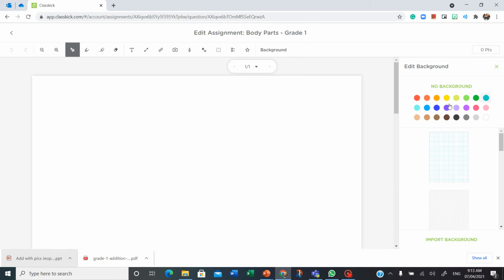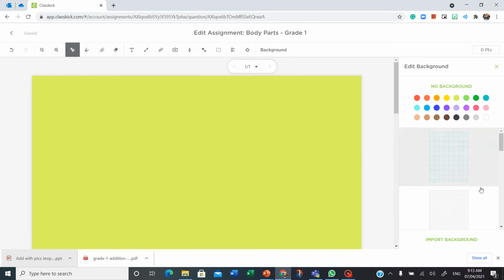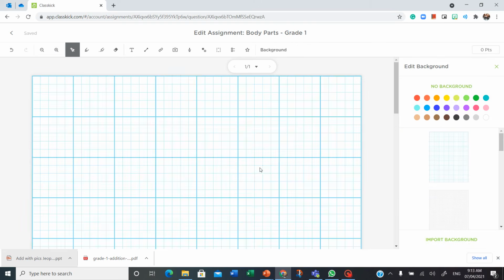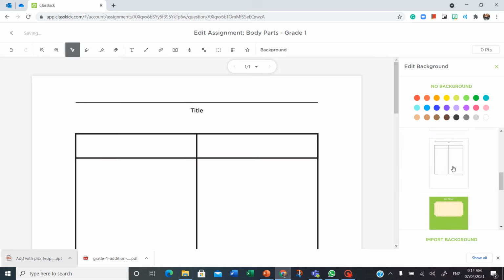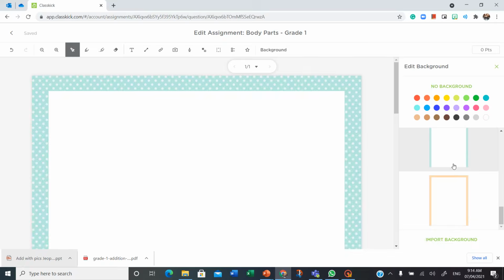You can add a background if you want. You can choose the box for maths. If the assignment is a math assignment, you can use this grid option, or blank. If you want a Venn diagram, you can use this Venn diagram option or the tabular option you have, and different templates are available here. I'm going to use a blank template, and next,